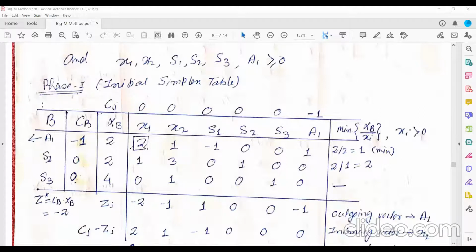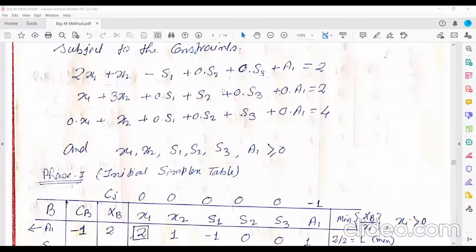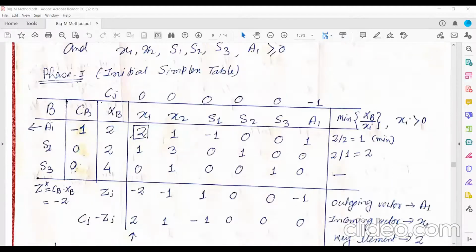So in the basic variable, what variables will come? In the first constraint, surplus and artificial are there. So out of this surplus and artificial variable you need to consider the artificial one. Then in the second equation, what is the variable? S2, that is your slack variable. And in the third equation, which variable is there? Slack variable, that is S3. So A1, S2 and S3 will come. So A1, S2 and S3 have come here.